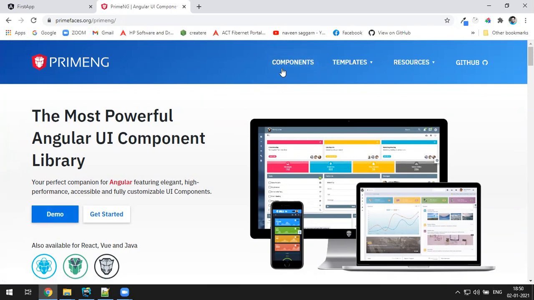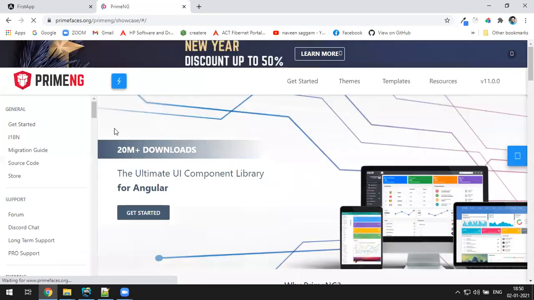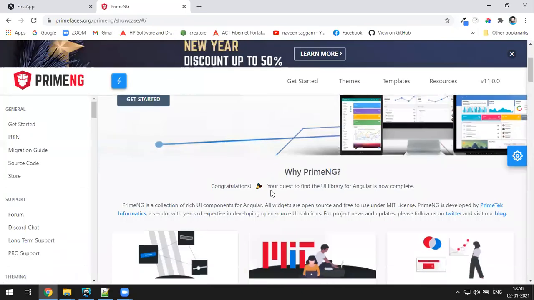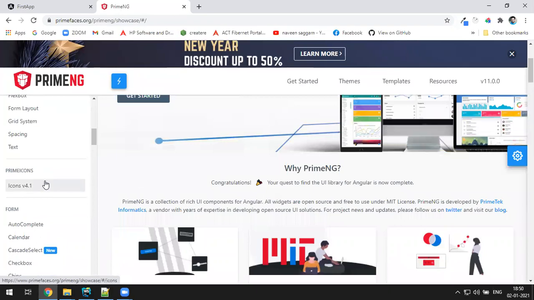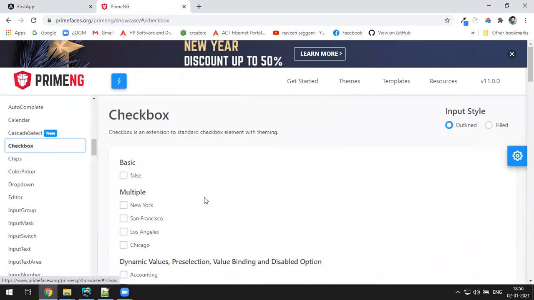If you go to the components, there are 20 million downloads. Components are listed in different categories. Form components like autocomplete, calendar, checkboxes. Nice checkbox options are there. If you click on checkbox, see, this is the checkbox.